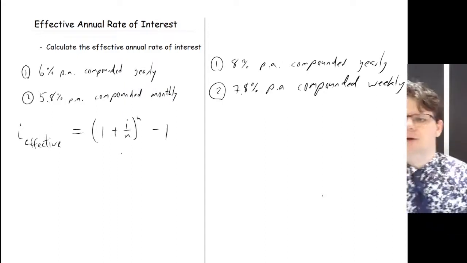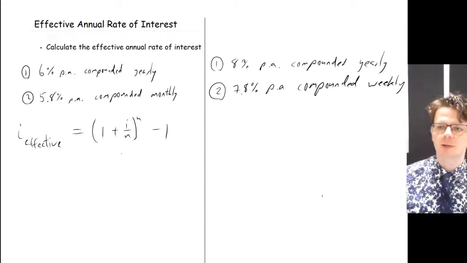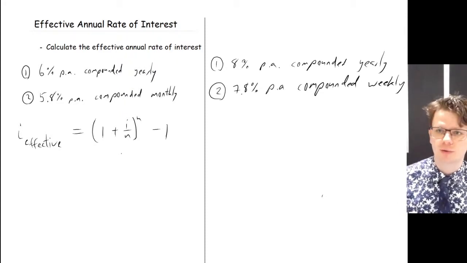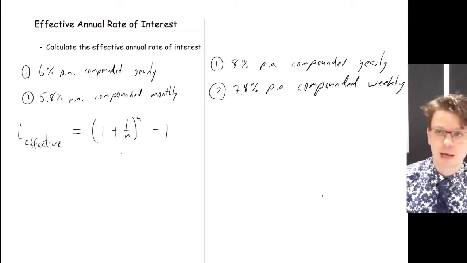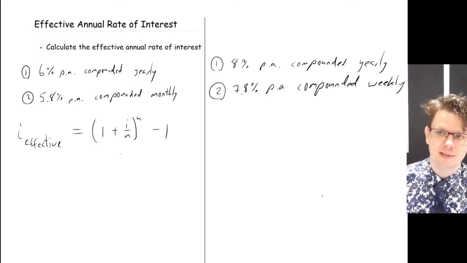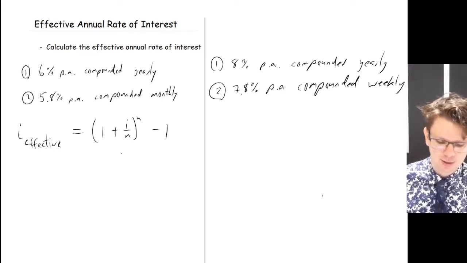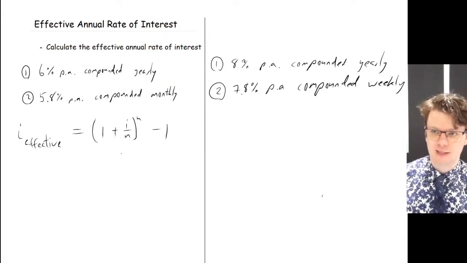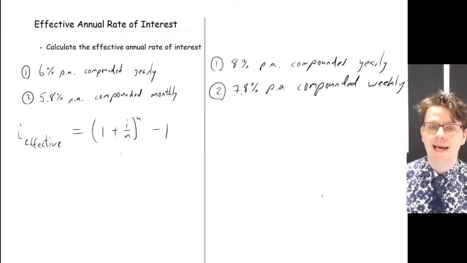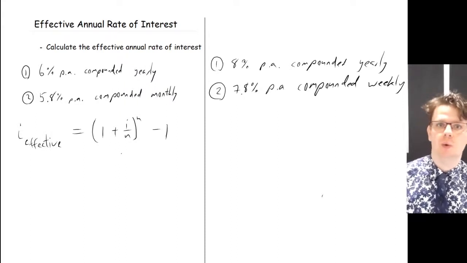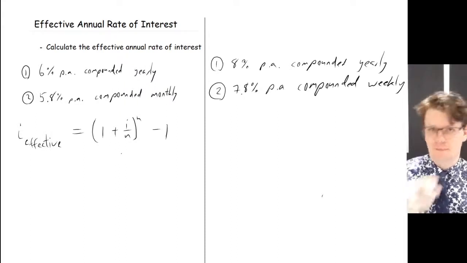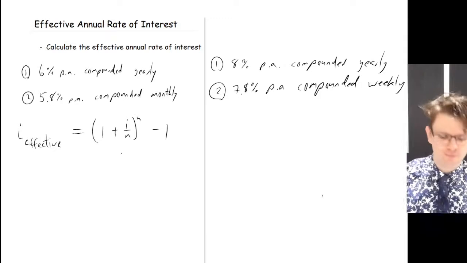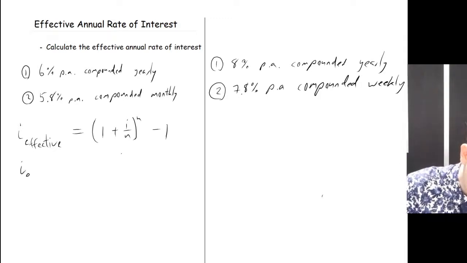That's our formula, okay? So it's got two parts to it. I, meaning the interest rates, so in our case we're looking at number 2, 5.8% per annum compounded monthly. So that would be 5.8% for I, and N is given by the fact that it's compounded monthly. So in this case, months, there's 12 months in a year, so it's going to be 12. So for this example, I effective